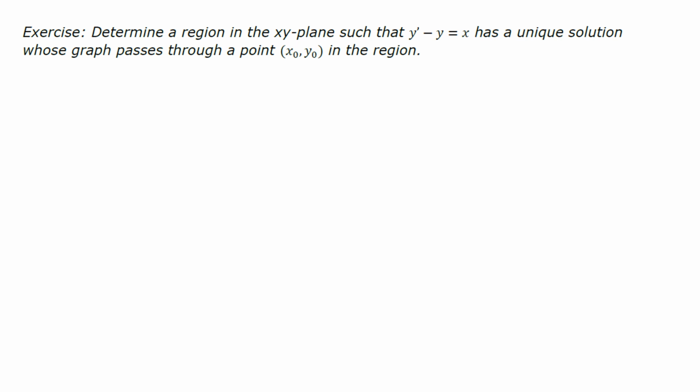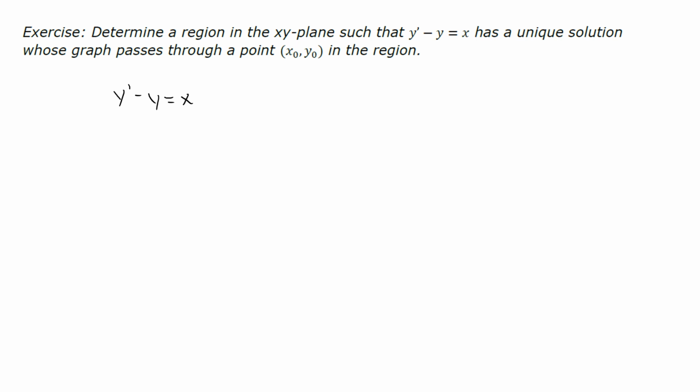All right, for our next exercise, we're asked to determine a region in the xy plane such that y prime minus y equals x has a unique solution whose graph passes through a point x sub 0, y sub 0 in the region. So we know that we have a region in the coordinate plane such that this differential equation, y prime minus y equals x, has a unique solution. Okay. Well, in order for it to have a unique solution that passes through a specific point, which means it has initial condition in the region,